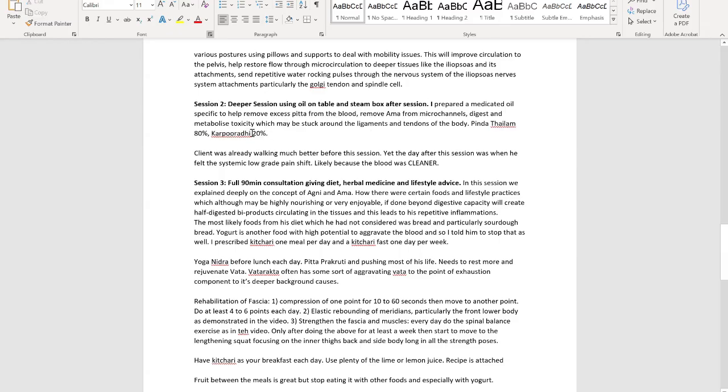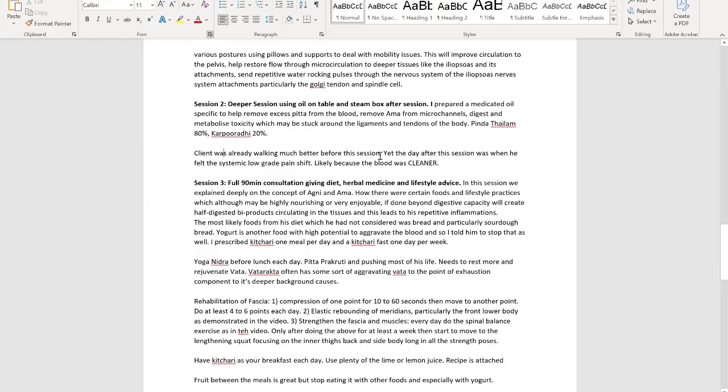Carparati is a great oil of choice. These mix very well together because Pindatylum is extremely thick and super nourishing, and Carparati is a bit more penetrating and clearing, and that combination is a good combination for many people, especially when we have toxic blood that needs to be cleared. Client was already walking much better before this session, yet the day after this session, so different